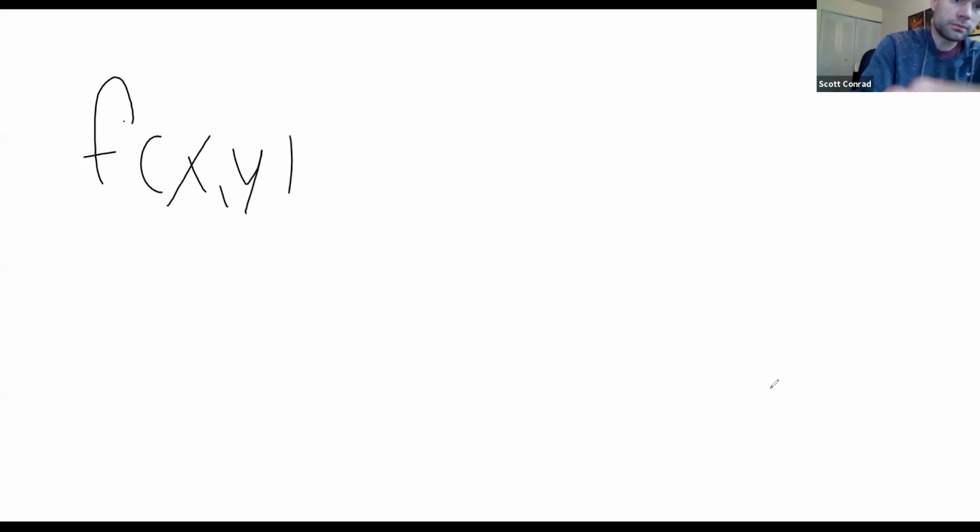So f of x, y. And so we're allowed to leave one of the variables fixed, change the other by a tiny bit, and see how the function changes. So for instance, we saw yesterday